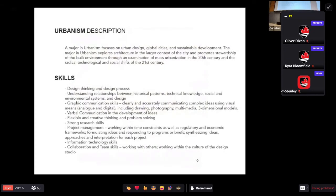Then we have urbanism. To be completely forthright, urbanism is probably the most misunderstood of our three majors. And because of that, it's really, really important that I stick here for a moment. Urbanism is the design of cities. To be really, really clear about it,